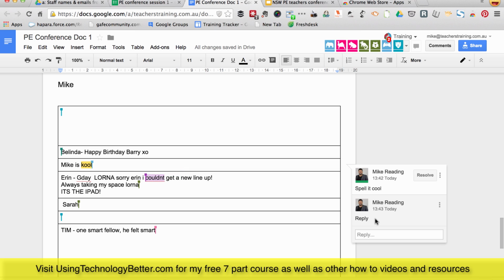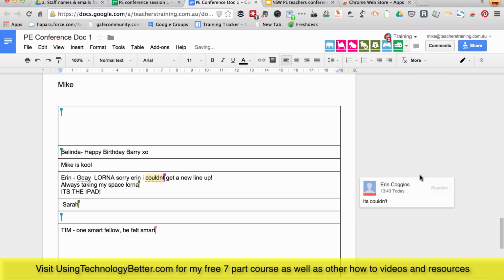If your students leave a comment, they expect someone to read their comment, reflect on it and respond. Now the person who leaves the comment initially, when they feel like their conversation is closed, generally what we say is that person can click resolve. Right? Now anyone can click resolve at any time, but when you click resolve, what happens is it takes it